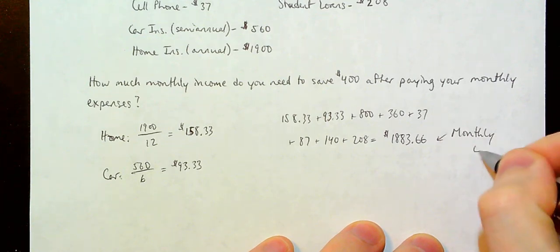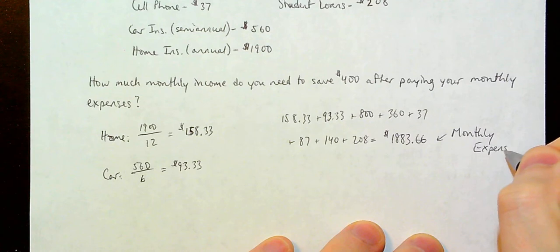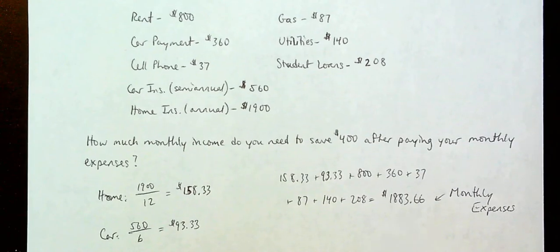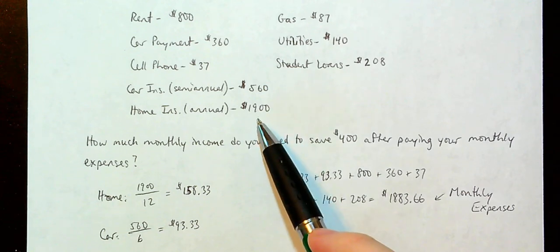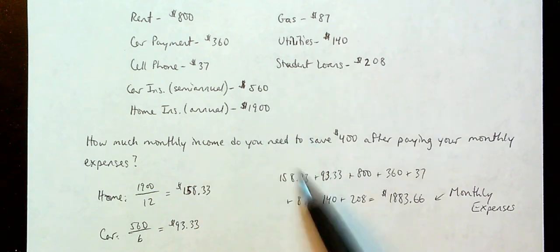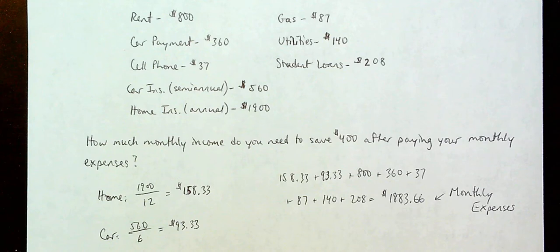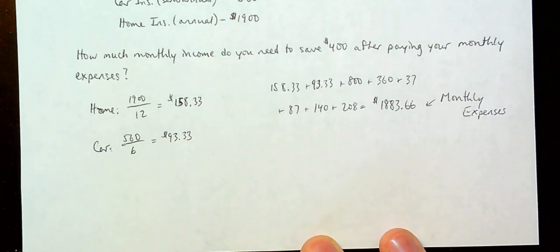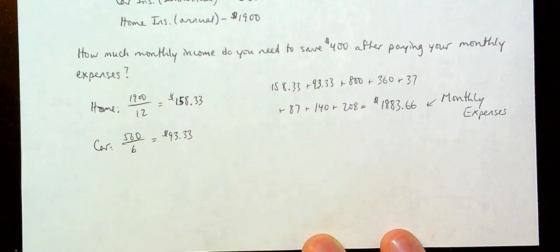And these are my monthly expenses. These are all my fixed costs, or perhaps my variable costs here, and then the prorated costs here as well, to figure out how much we should be budgeting each month just for the homeowner's insurance and just for the car insurance. Well, the question says, how much monthly income do you need to save $400 after paying off your